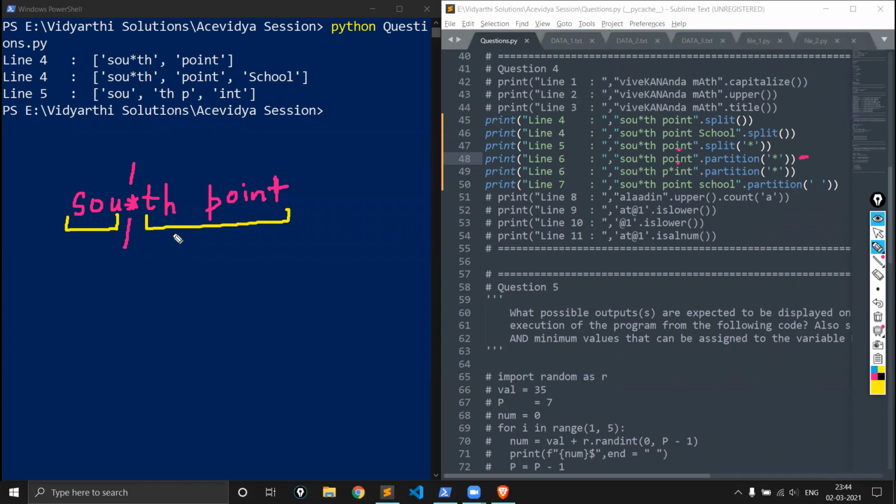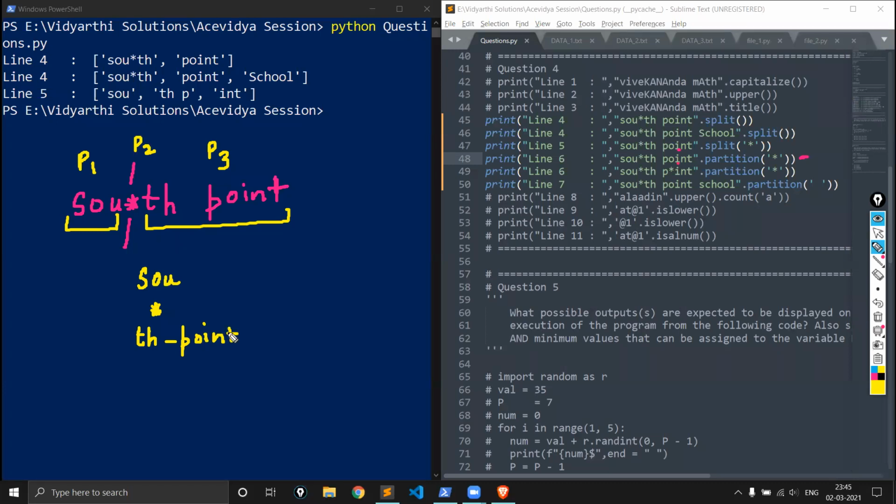But this partition function also includes the partitioning criteria in the collection. So SOU is going to be part number 1, this asterisk symbol is going to be part number 2, and this TH space POINT is going to be part number 3. The three parts are SOU, then star, and the third element is TH space